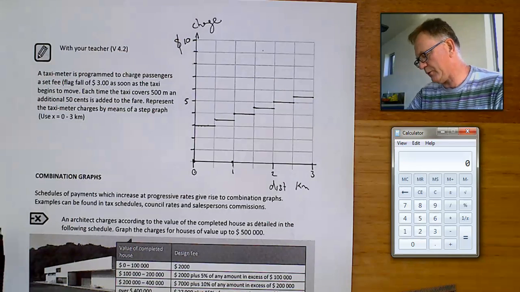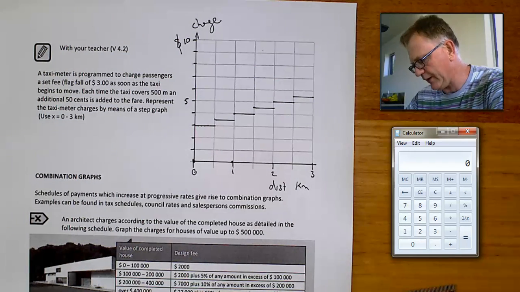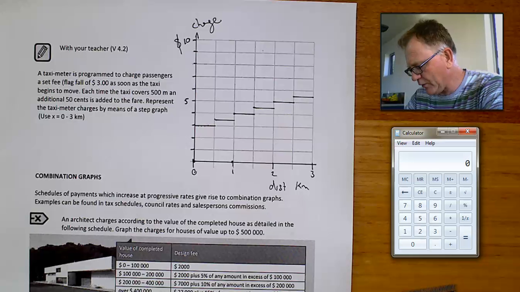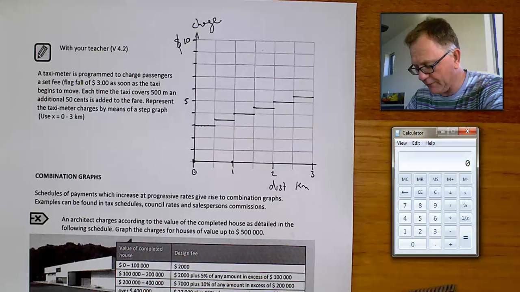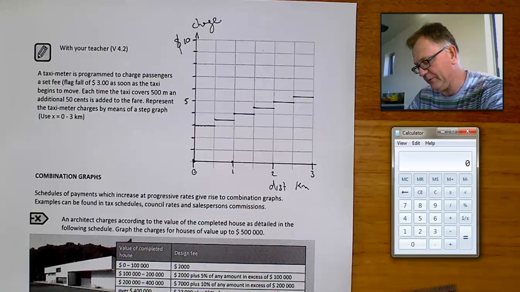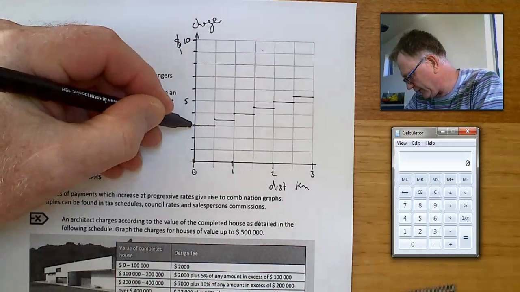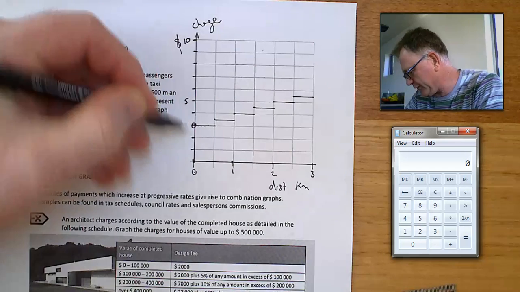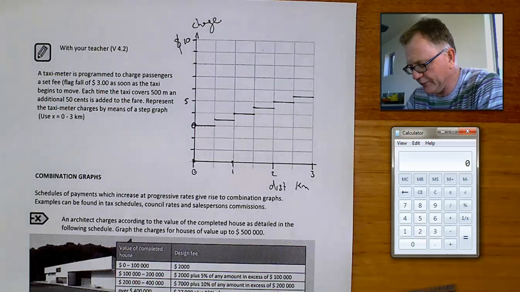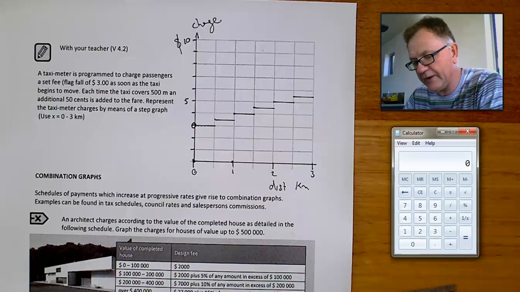Now, there's one more thing that we have to be a little bit careful with on our graph here. What about if the distance is exactly, say, 1 kilometre? Well, let's just go right back to the start of the graph, and if we were travelling exactly 0 metres, I guess they're not going to charge us at all. It's only when the taxi begins to move that they're charging us. So I don't really want this point to be on the graph. Now, if I don't want a point to be on the graph, I'm going to indicate it by an open